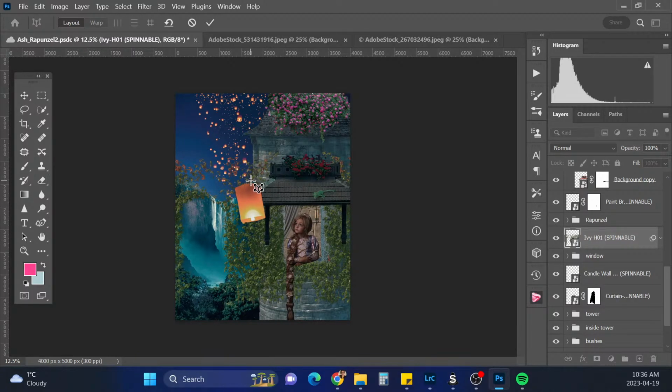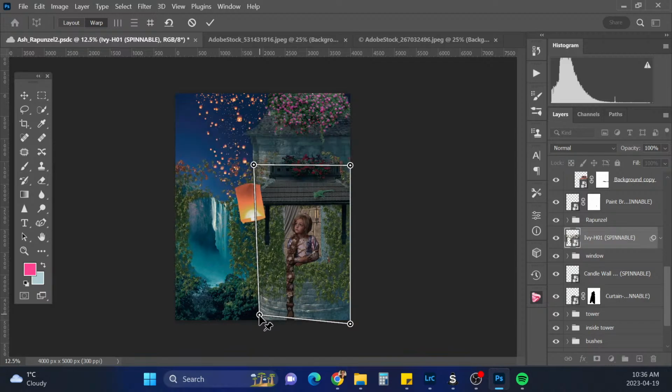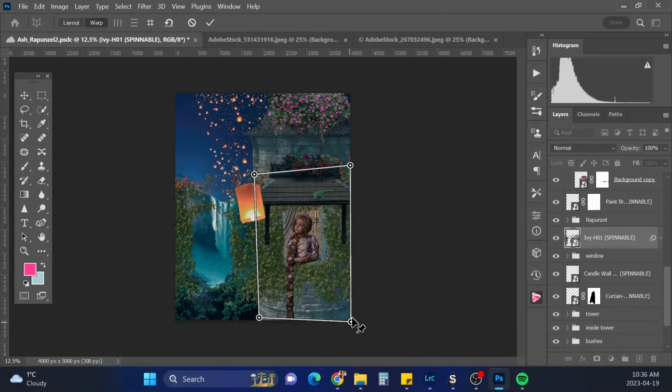Because we want it to kind of look like it's wrapping around. Oops. Control Z. Let's just go back for a second. We want it to look like it's wrapping around this here. So we're just gonna make it look like it's a little bit wrapping around here.